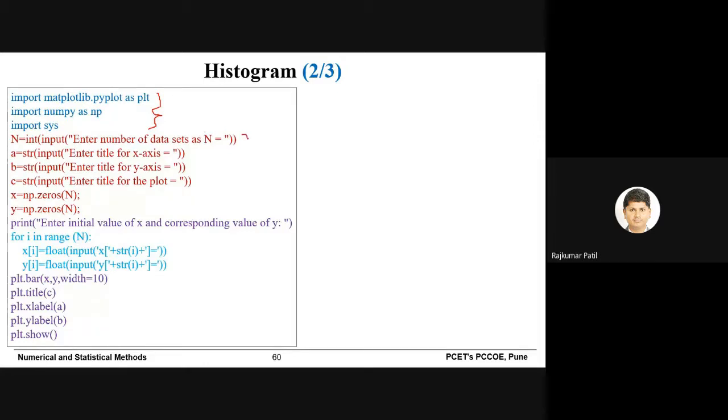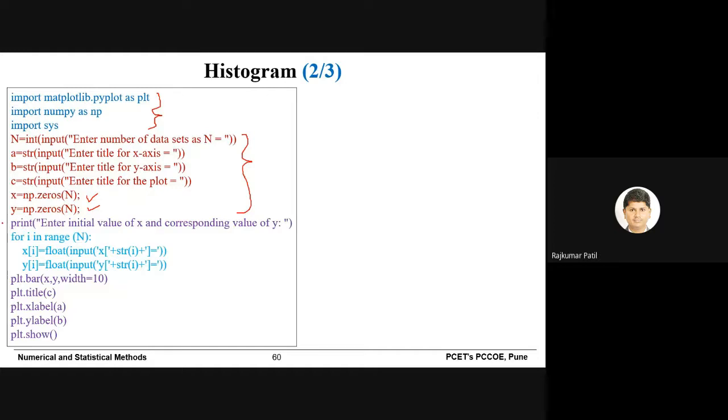Secondly, we wrote some lines. These lines will help you to define certain values, for example, x-axis title, y-axis title, chart title, and how many data sets will be there, and to create arrays for x and y. So this primary work we did so that at the output window we can enter some values.